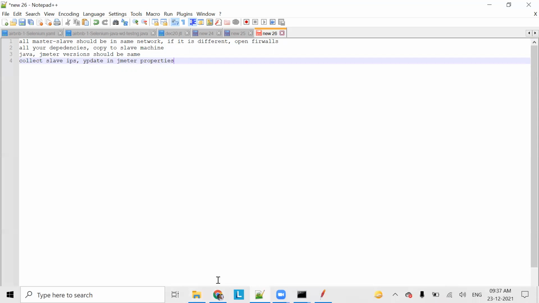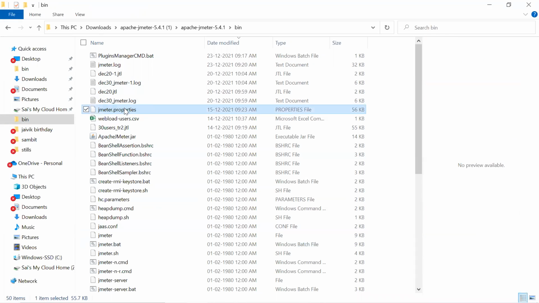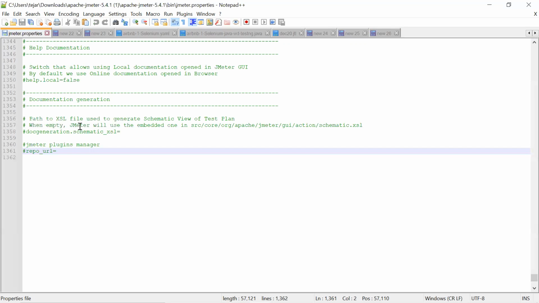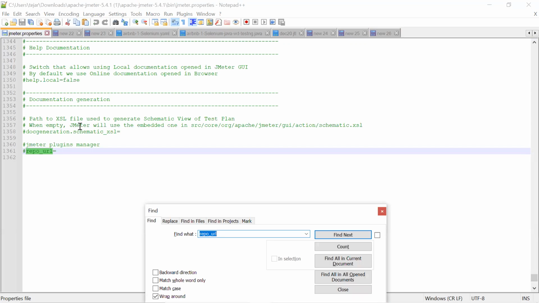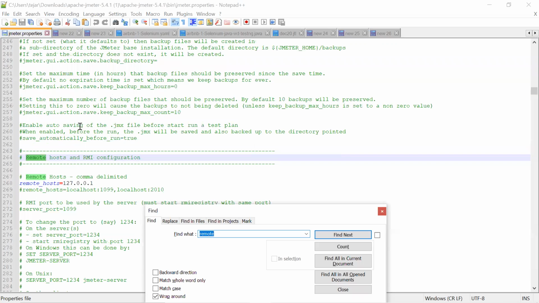So let's go to my master. I will open the JMeter properties and search for remote host.